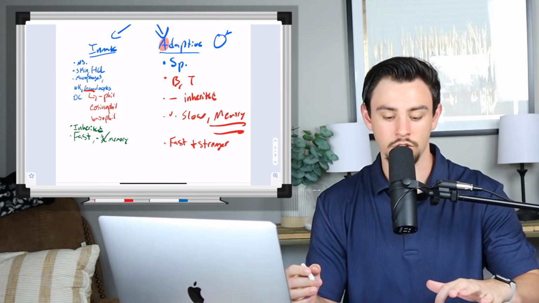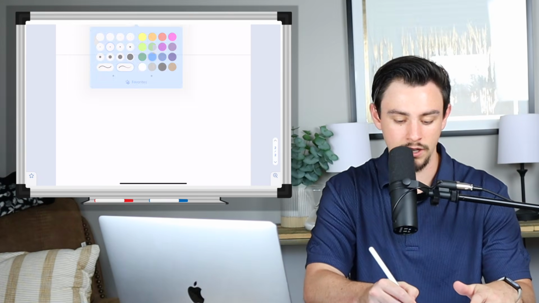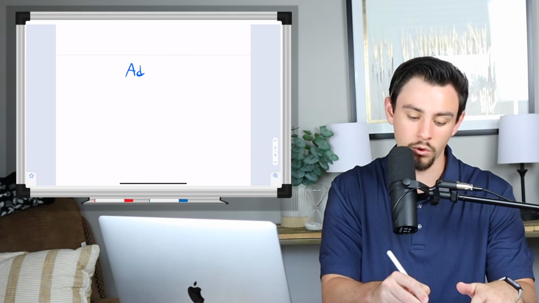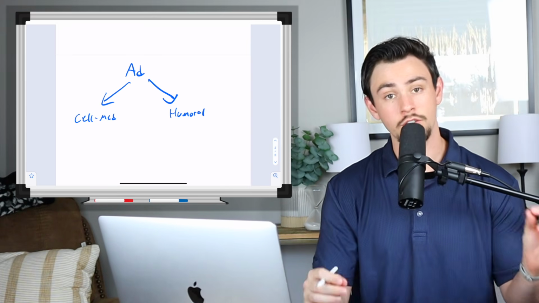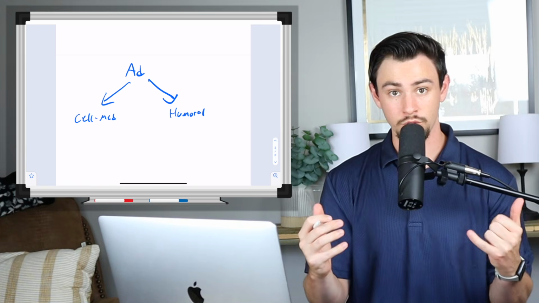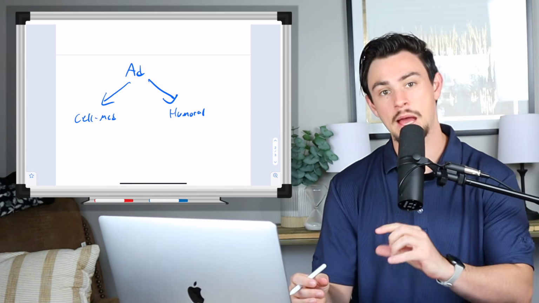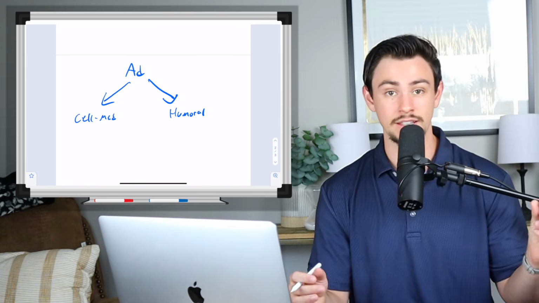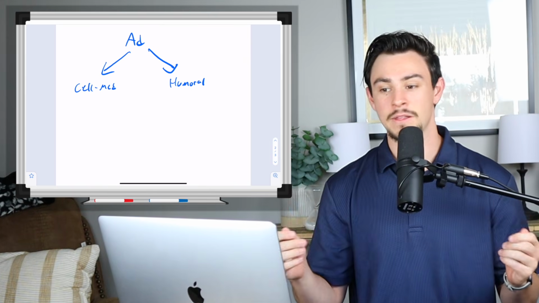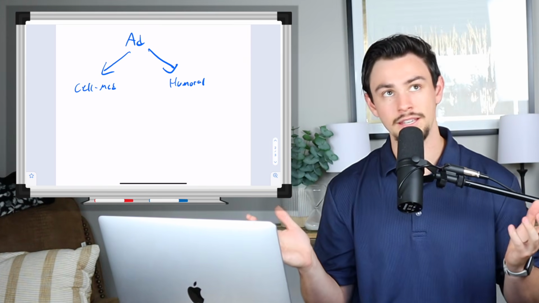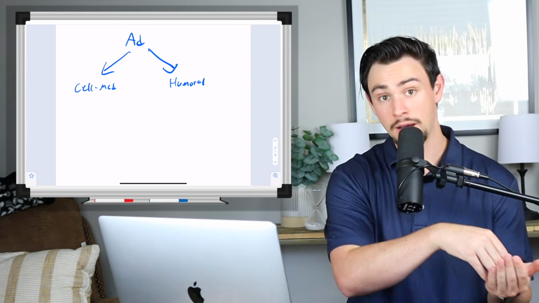So you remember earlier I talked about the adaptive immune system and how it can actually be broken down into two more divisions, the cell-mediated and the humoral immune system. Now I want to touch on that because the differences between the two are tested on fairly frequently, but first we need to understand the concept of how the adaptive immune system gets activated. So what happens is one of my favorite stories of human biology: a bacterial cell, it can be any kind of microbe, but let's just say a bacterial cell comes into the body